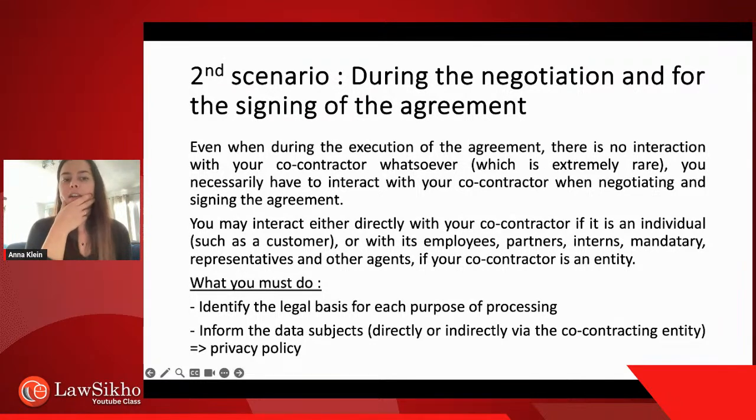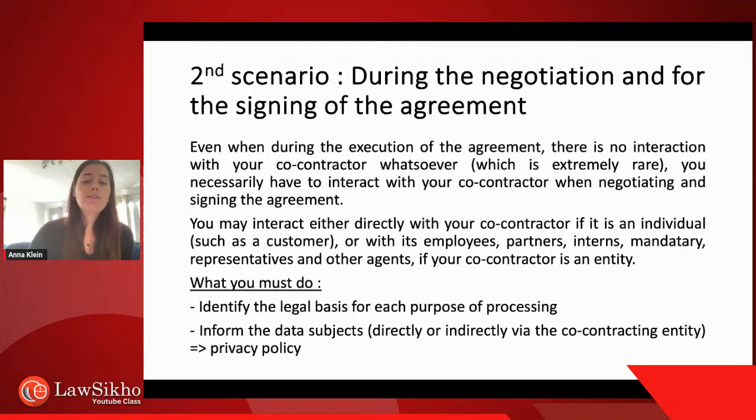I'm explaining the second scenario right away because what you need to do is pretty much the same thing, and then we'll go back to what is a legal basis and how do you inform the people. So the second scenario, like I said, is when you're before executing the agreement, when you're negotiating the agreement and signing the agreement. So, like I said, even when during the execution of the agreement, there is no kind of interaction whatsoever with the co-contractor, which is almost impossible. But let's say it's the case. I have an agreement, and once I have an agreement,